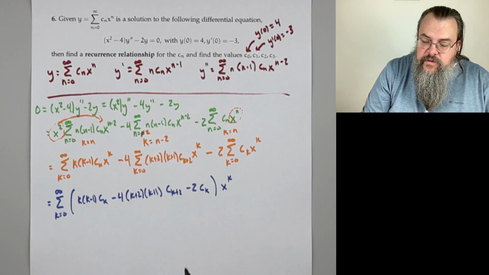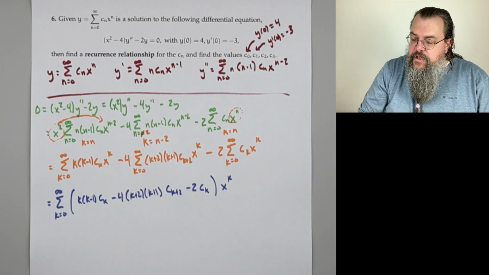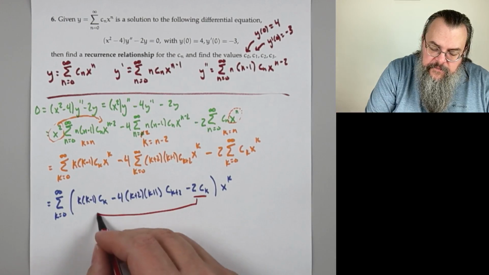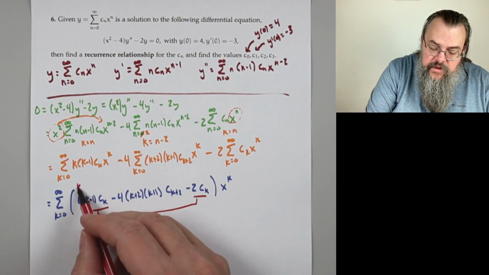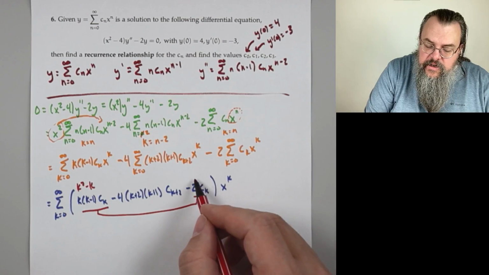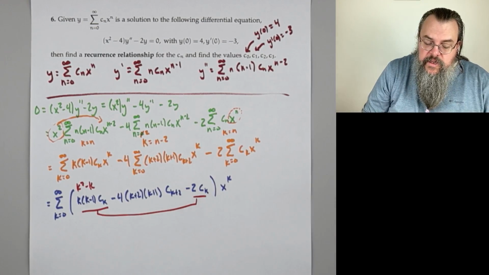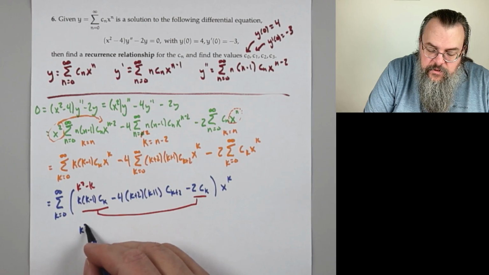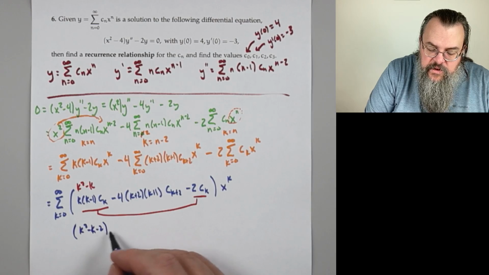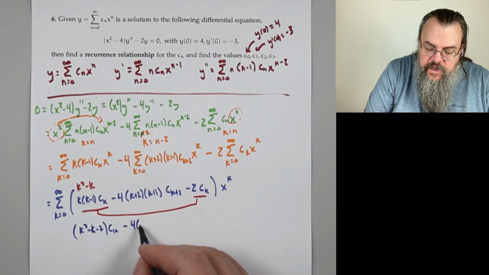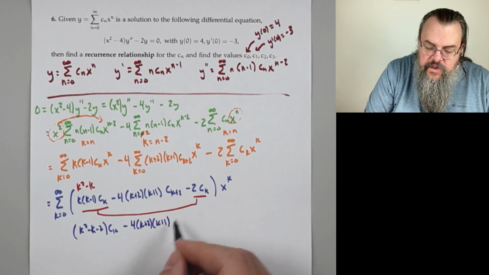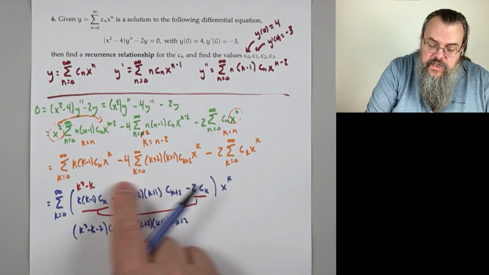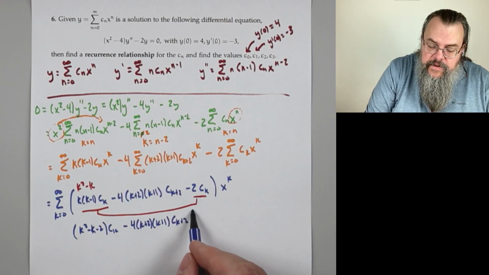Now you can do some things to this expression. One thing we could do is, we have two terms that involve c sub k, and so this is k squared minus k. Here it's minus 2, so you can say this is really the same as (k squared minus k minus 2) c sub k, and minus 4 times (k plus 2)(k plus 1) c sub k plus 2. That's just another way to write that expression. But whether you keep it here or keep it there, this part